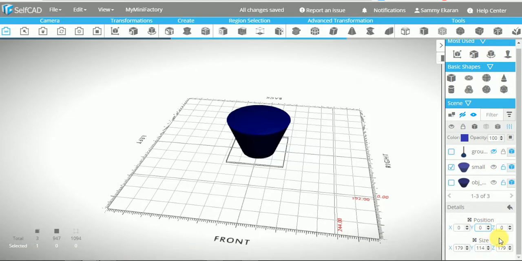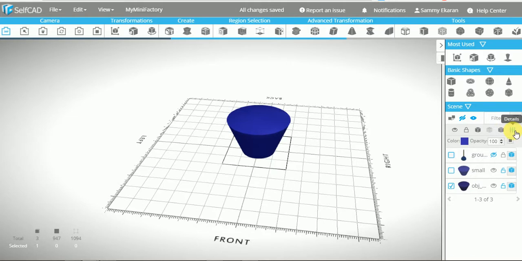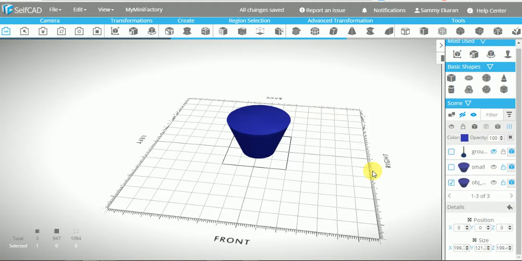That one should also be 0. You can select the model. Ensure it is positioned at position 0. So now that we have done that,